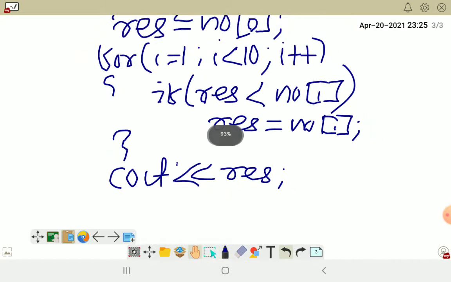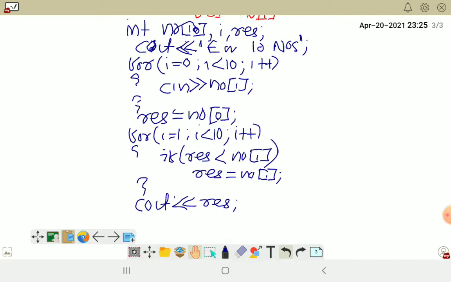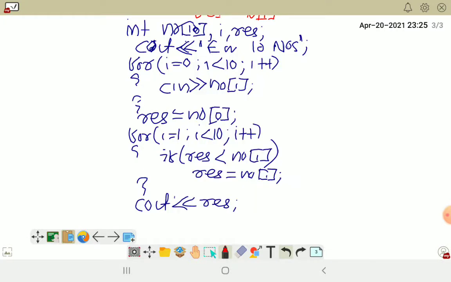So now let me show you everything on one screen so that you will be able to understand the program. Let me explain the program from the beginning once again, so if you have any doubt, it will get clear, students. At first I took no of 10, I and result, three variables. Then I took cout, enter any 10 numbers.